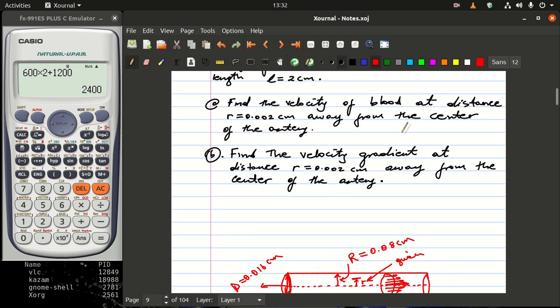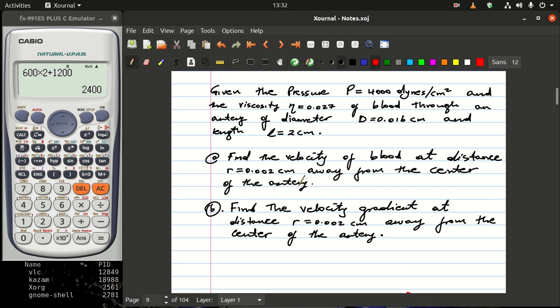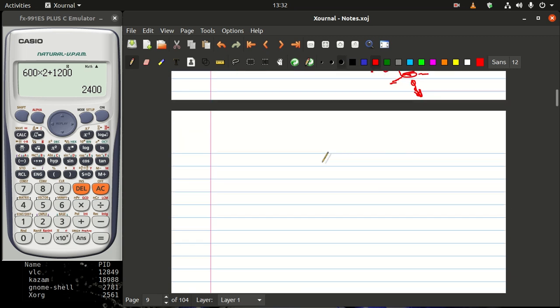Now, how do we find this velocity and also the velocity gradient? The velocity gradient is simply the derivative of this function if we can find it. The good news here is that there is a nice French physician, one of the well-known French physicians, whom we usually call Jean Louis Marie